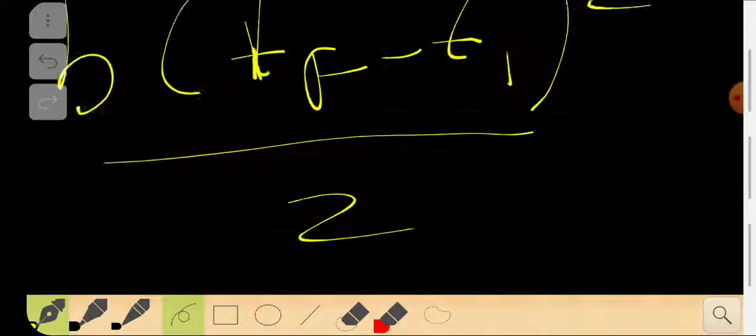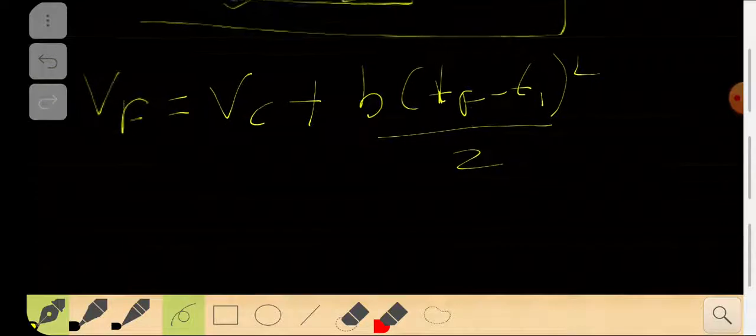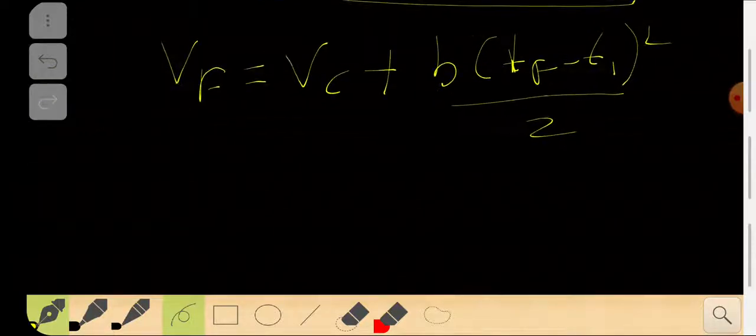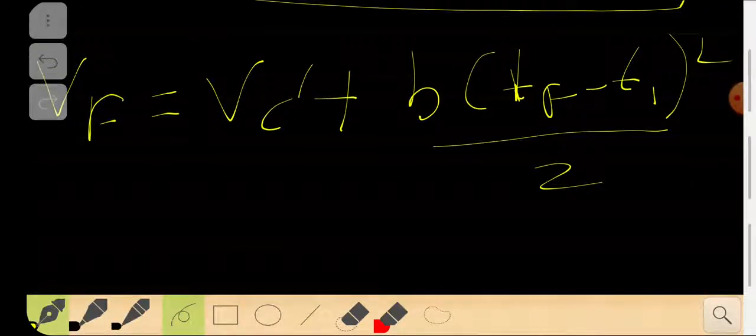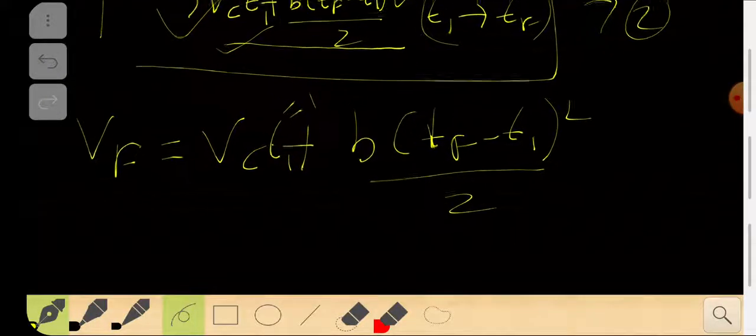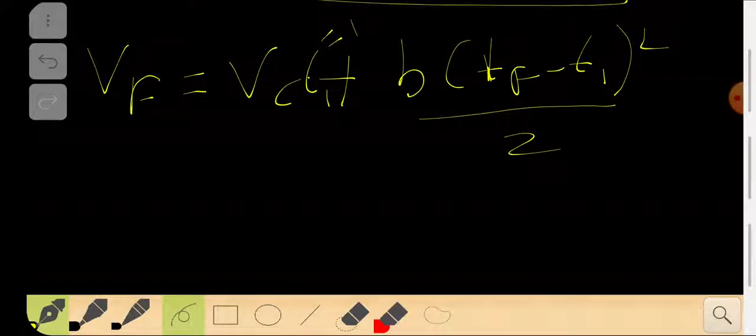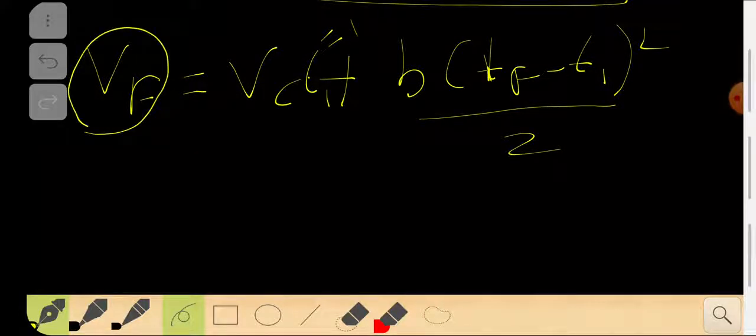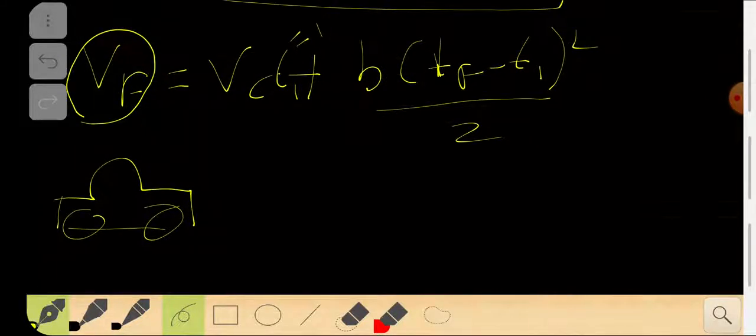So that's the equation right there. Now what we can do is put down, this is for the first second, so t1 is equal to 1, that's why here t1 is equal to 1. Okay, so now when the car is going to stop, when the car comes to a still, we can clearly understand that v final will be equal to 0.